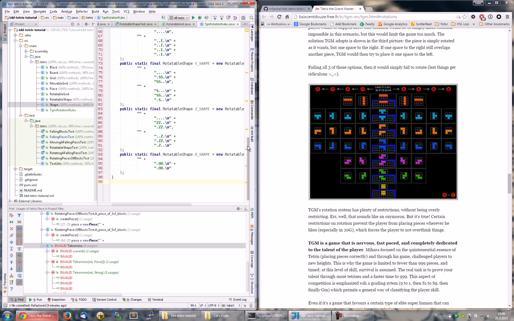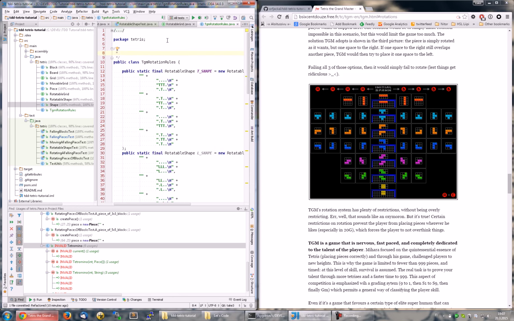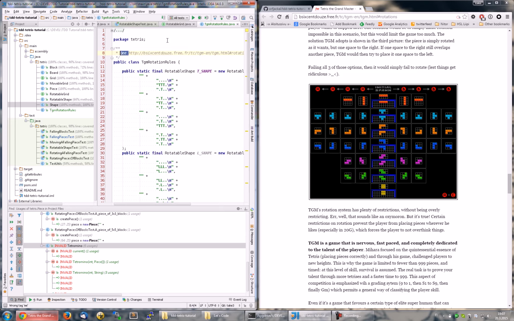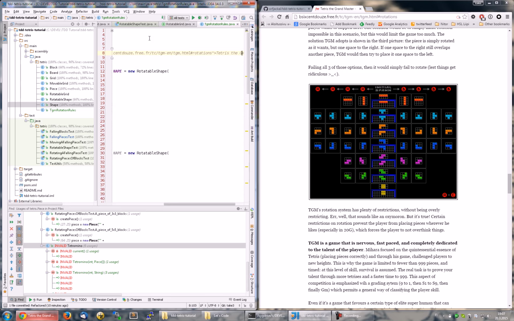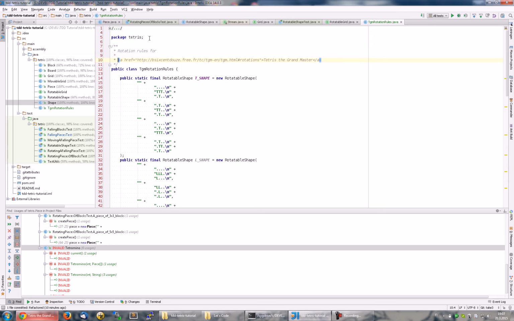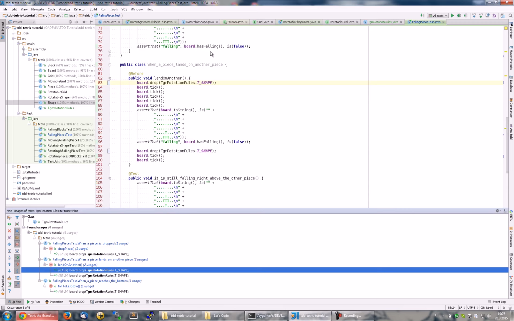Okay, and that's the rotation rules for Tetris the Grandmaster, which is one variation of all the possible rotation rules in using Tetris. Then let's see, is anybody using this? Okay, now we have